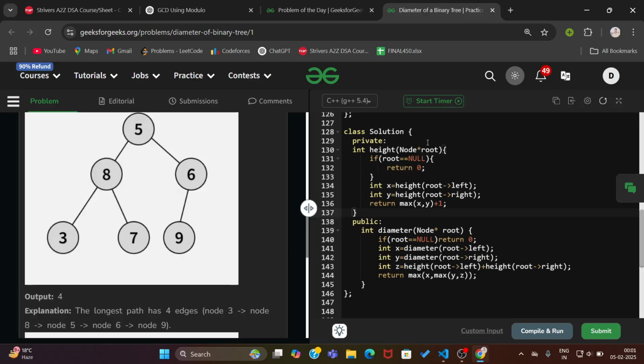Suppose the root is 8, then the root left is 3 and root right is 7. So the edge between 3 to 8 and 8 to 7 will be added using this 1. Either the left will be maximum or the right will be maximum, so we can add only one edge. So this will give us the height of that